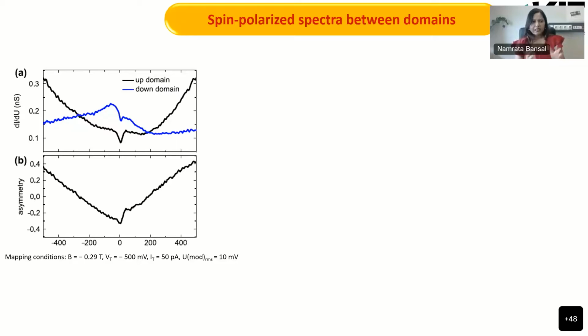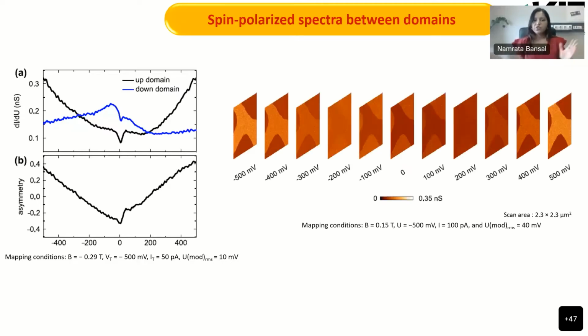Now to see the behavior of this, we found that they are reacting with opposite nature from the bias value of minus 200 millivolts to around positive 200 millivolts. To confirm this behavior, we tried differential dI/dV mappings at different ranges of applied bias, from minus 500 millivolts to 500 millivolts. What we have observed here is that the magnetic contrast at minus 500 millivolts and 500 millivolts